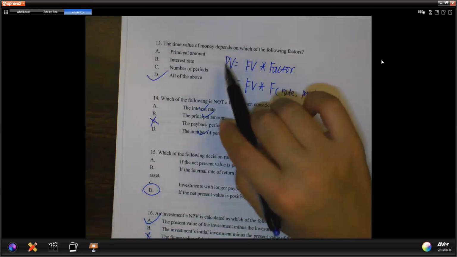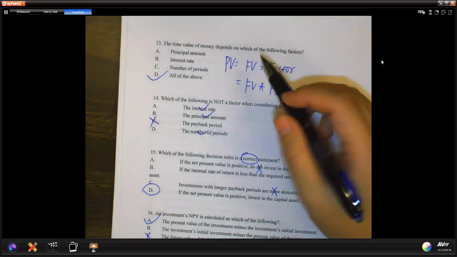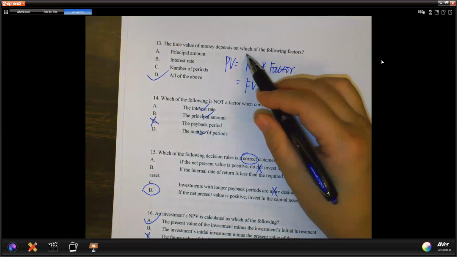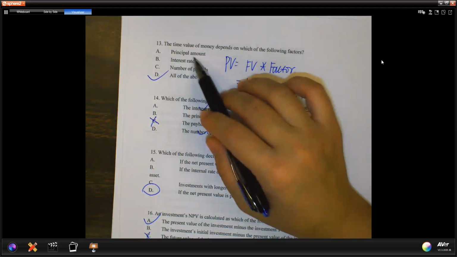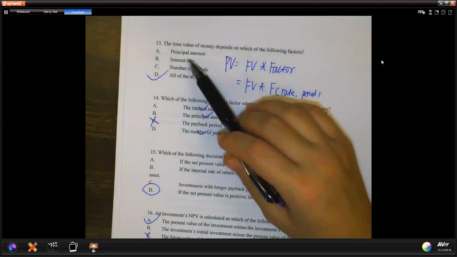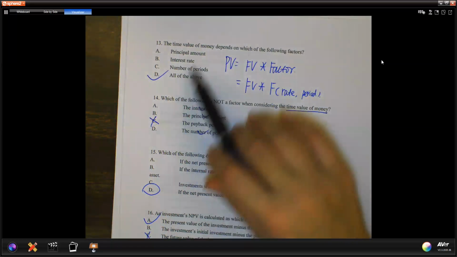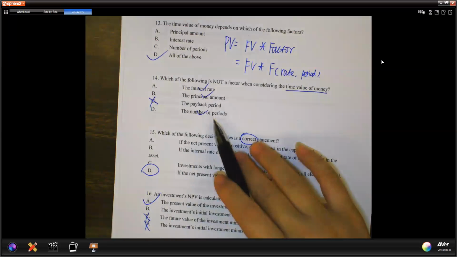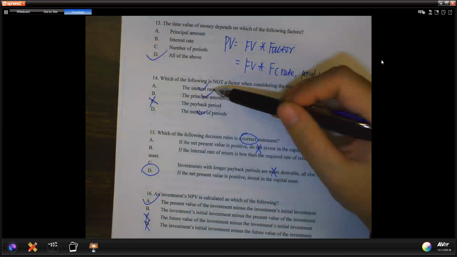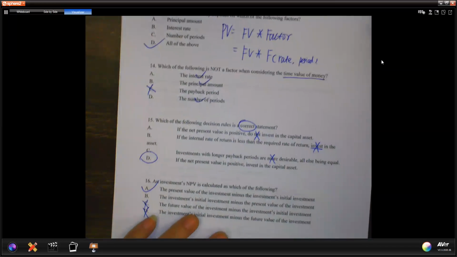We said, how do you get the present value or the future value in present value? It's basically your future value. Remember, the lottery is $2 million times your discount factor. So the 2 million will be the principal amount. Discount factor will be your interest rate and then number of period when you look at the table. So you use these 3 things: principal, interest rate, and number of period. So similarly with question 14, you use interest, you use principal, you use number of period to get the time value of money. Okay. I don't think I will test you.